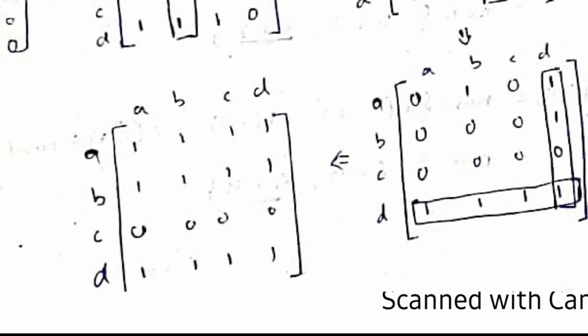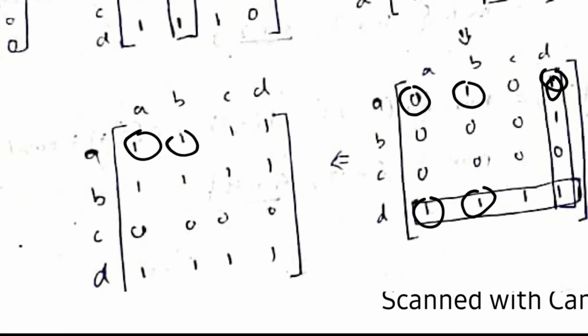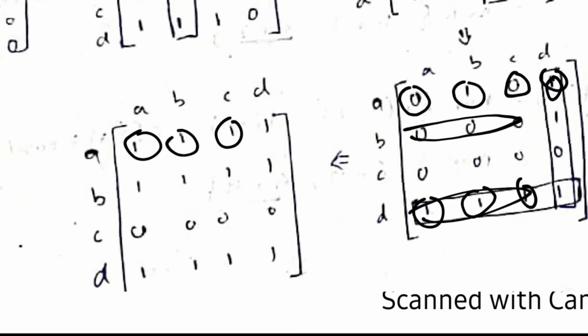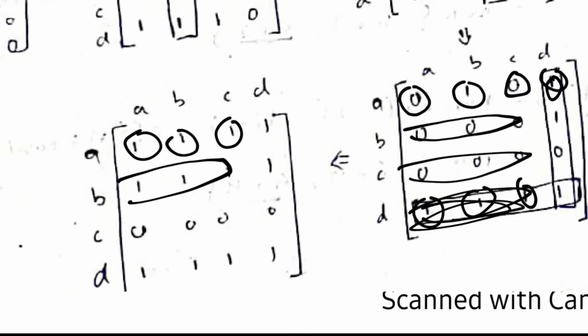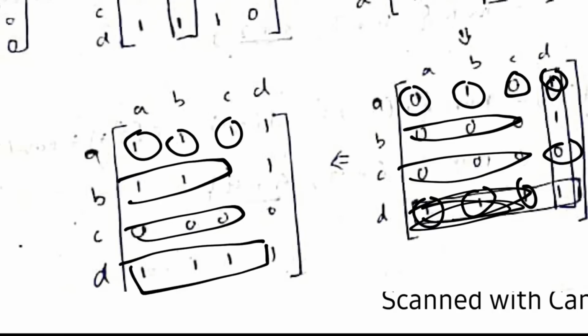Then selecting the fourth column and the fourth row, I have to make changes. Seeing the first element, I have 1 here and 1 here, so I'll be making this 1. This one, 1 1, so this is already 1. This one, 1 and 1, so I'll be making a change here. In that way, I'll be checking this row also, all 1s are possible, so I'll be making them 1. And in this row, it's not possible because this is 1 but here I have 0, so this will remain 0 only, and this is the same as the previous one. So this is the last one.